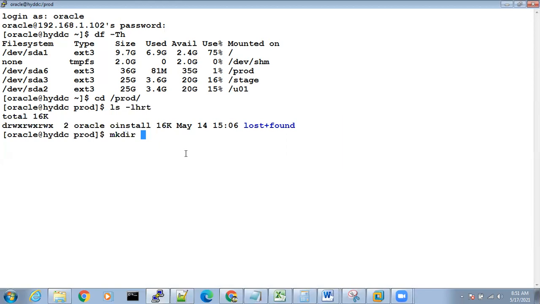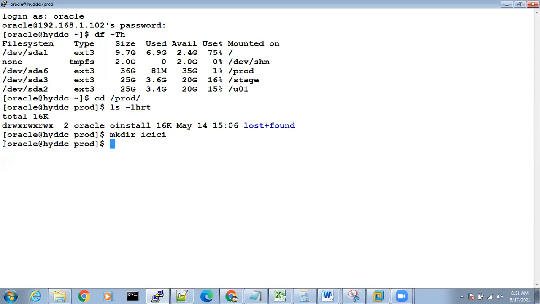The command to create a directory is mkdir, make directory. I want to create a database with the name ICICI, so I will create a directory ICICI.